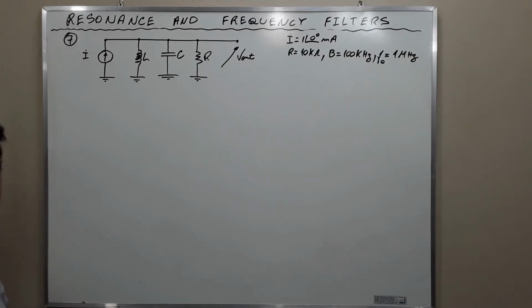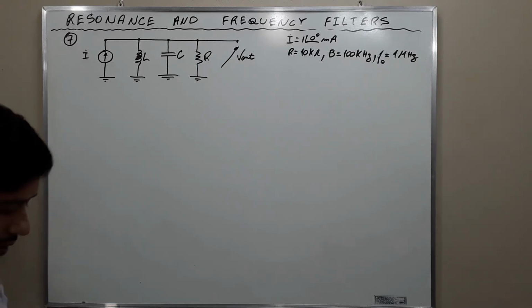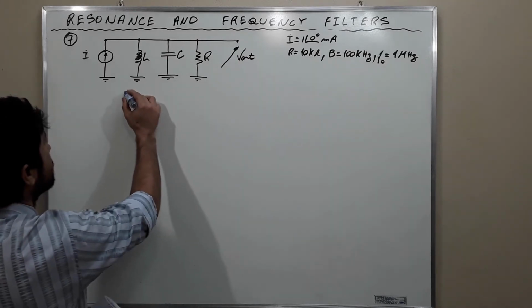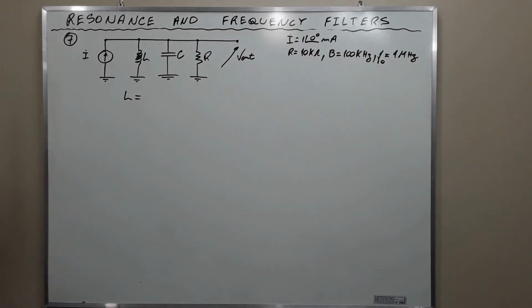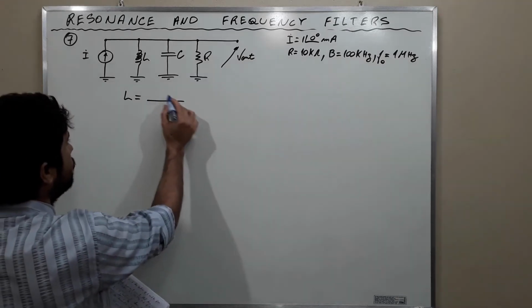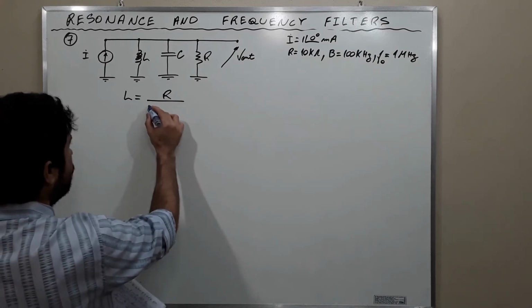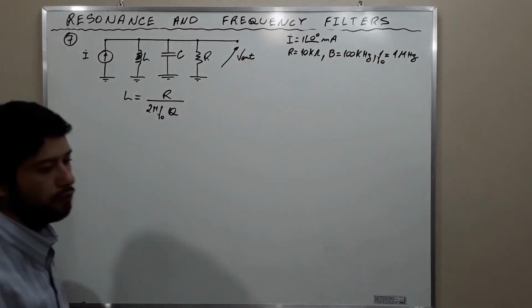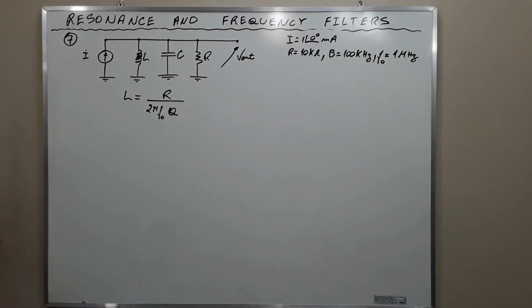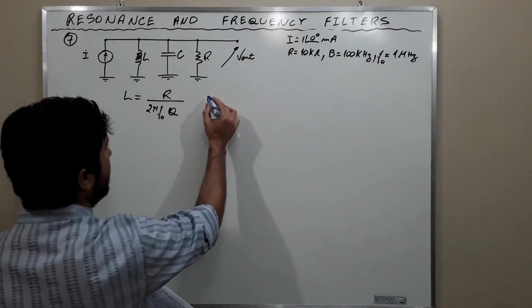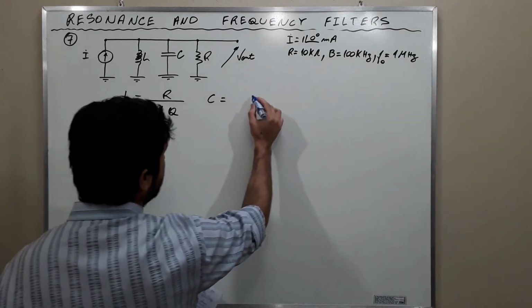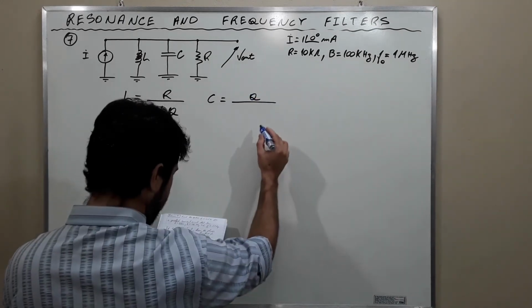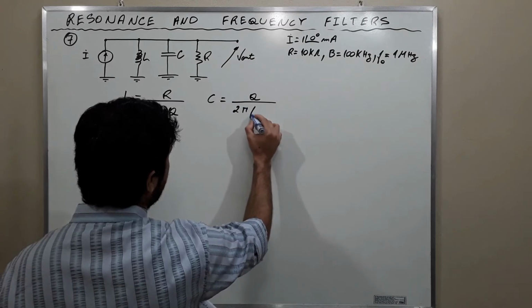If we consult a reference textbook, we find that the value of the inductance is equal to R over 2 pi FO times the quadratic factor. Okay, and similarly, we find that the capacitance is equal to Q over 2 pi FO